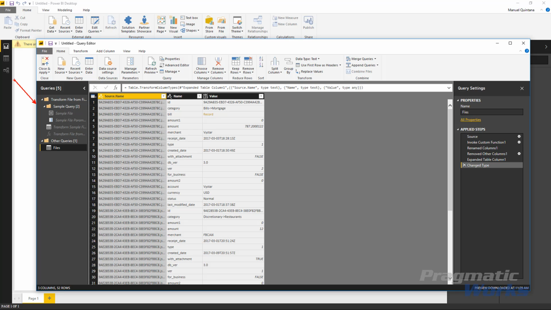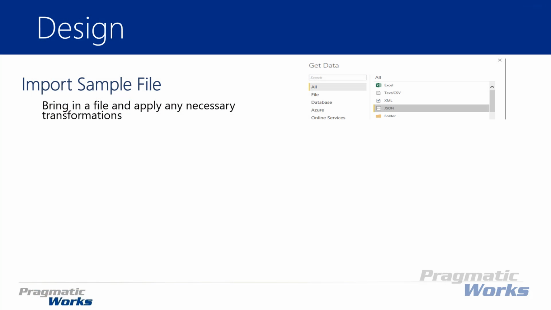So let's take a quick look at what the design is going to look like. For design, what we're going to do is break this down one by one. We're actually going to use the file option within the sources to point to one of the JSON files. And this is effectively going to be hard-coded at first. But this allows us to bring in a file, basically a sample of what exists inside of the folder, do all the necessary transformations that we would like to do, and then from there, all we're going to need to